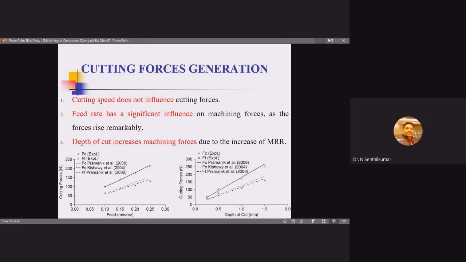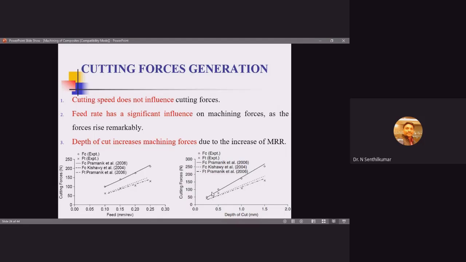So here you can see two images that we have provided. This is the work that is done by some researchers. You can see with increase in feed rate, the cutting forces are going to increase in the same manner. Right? Similarly, with a change in depth of cut, you can also see the cutting forces are